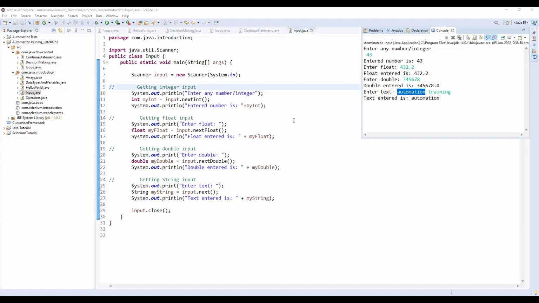Like where you need the user input in the automation, for example, at the start you take the input from the user on which browser you want to run, and based on that the configuration is done.